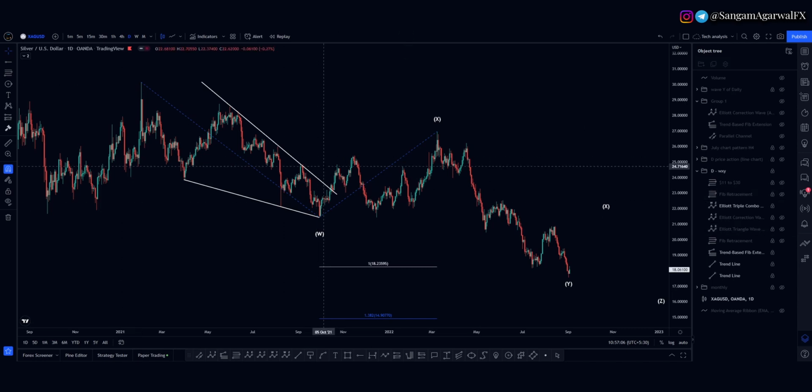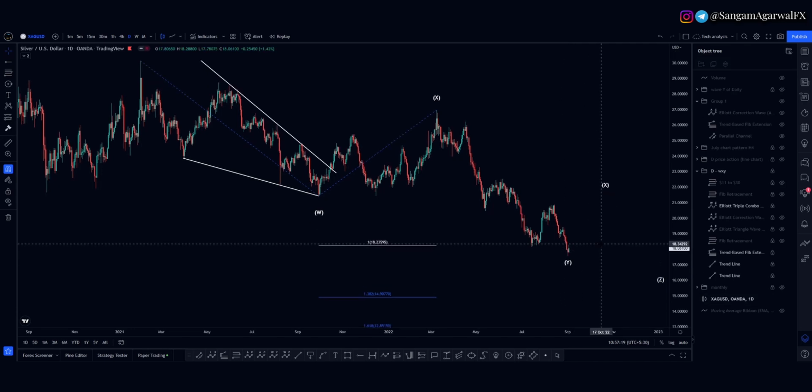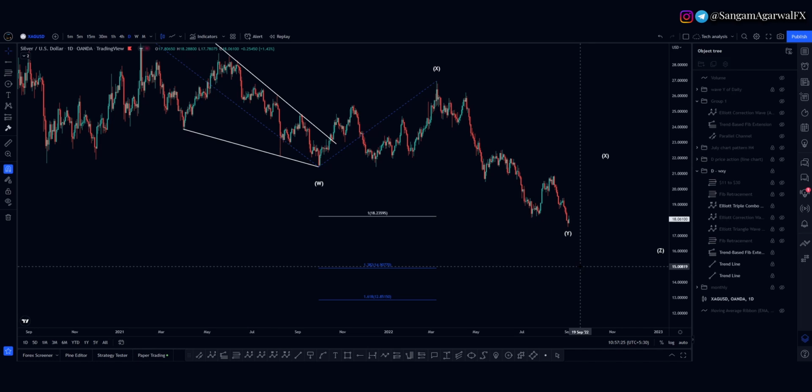And if you focus on your larger degree wave, then this is simply wave W, then wave X correction, and right now we are in wave Y. So this 100% projection has gone, and next target is 38% projection. And even if that level also breaks and market crash on big rate hike